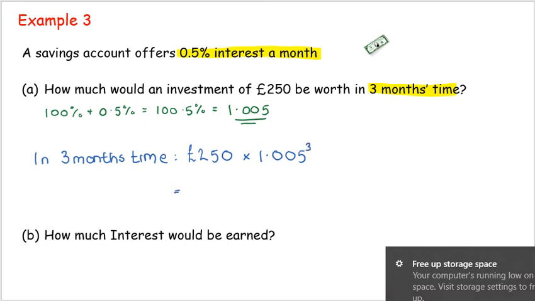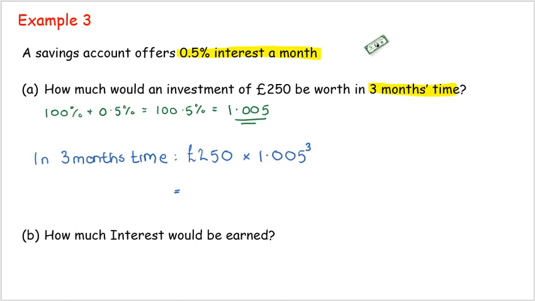So we end up with, again, straight into your calculator at this point, 250 multiplied by 1.005 to the power 3. And double check, you should end up with £253